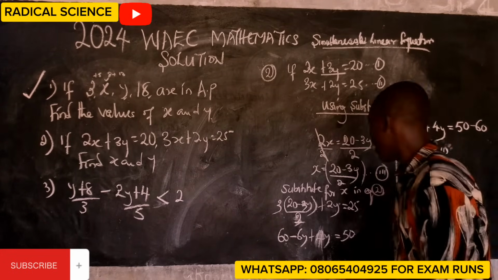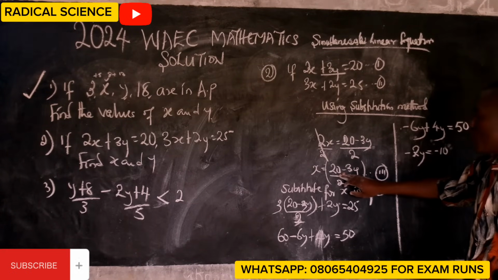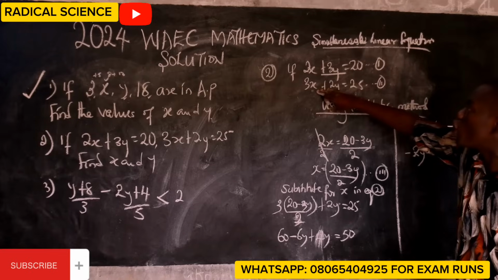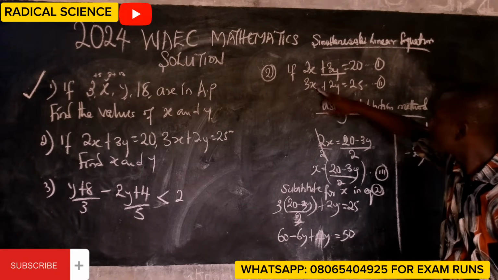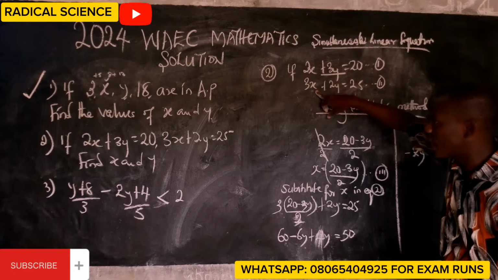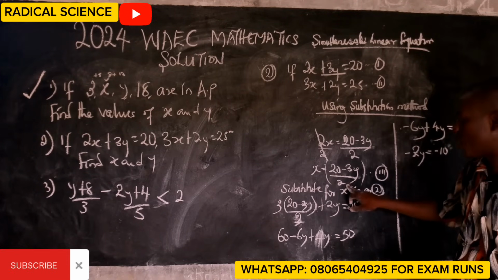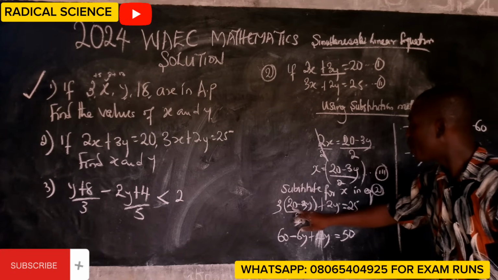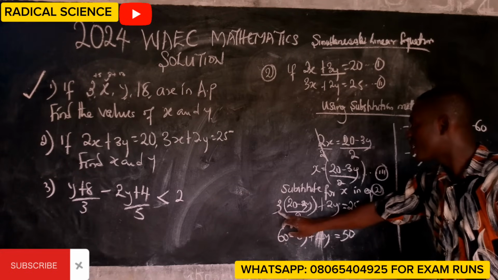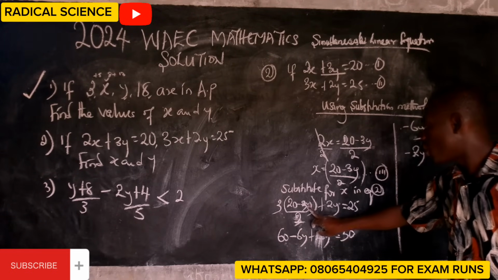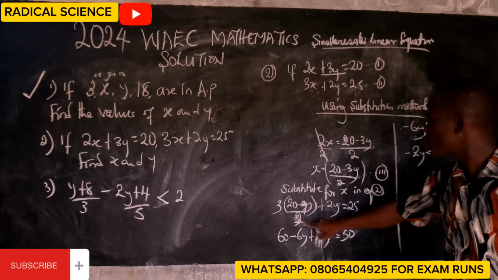How are you following? I recap: this is 20. Remember, I am substituting for x in equation 2. I have 3 brackets. Look at the value of x: 20 minus 3y over 2. I've just substituted. 3 times 20 is 60. 3 times 3y is 9y. Now this is 9y, and this is 2 times